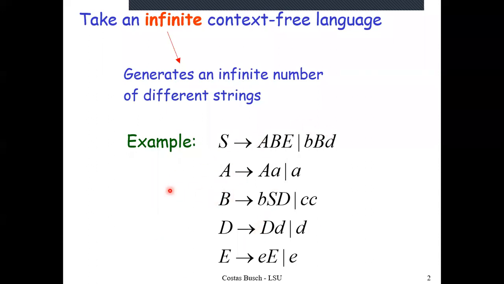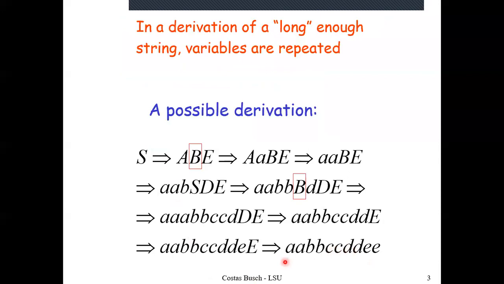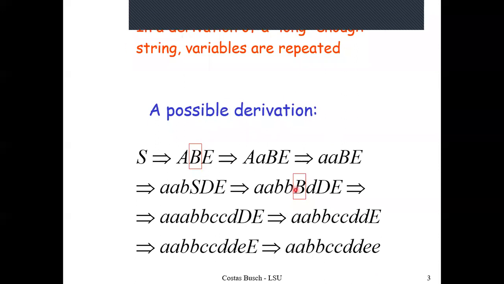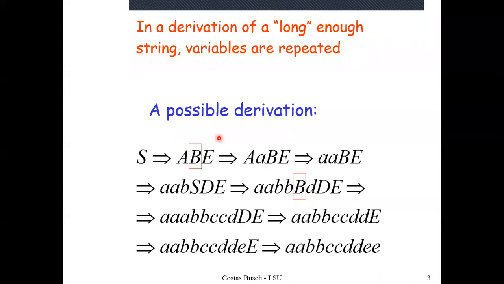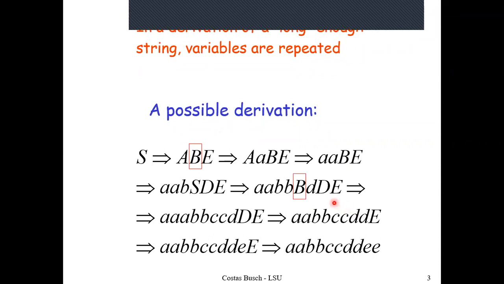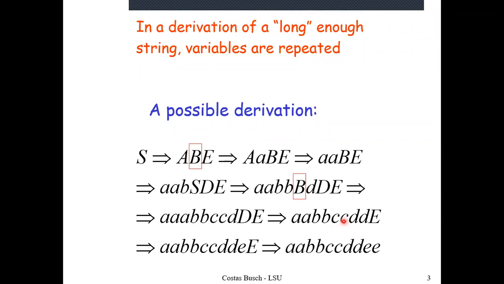So let us consider a string over here. The string in this case is a square, b square, c square, d square, and e square. The length of the string is 10, and it is derived from the grammar, and this is the derivation of this particular string. At each step of the derivation, one of the production rules is used. So we would like to see the recursive structure that is responsible for the pumping lemma. So let's have a look at the derivation tree, or the parse tree, for this string on the next slide.